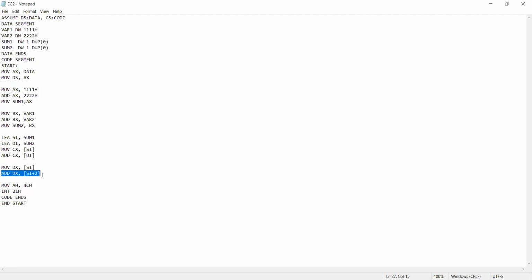What will happen? P is a pointer. When we put star before that pointer, what will happen? The value at that address is loaded into the variable A. That is the meaning of the statement A equal to star P.